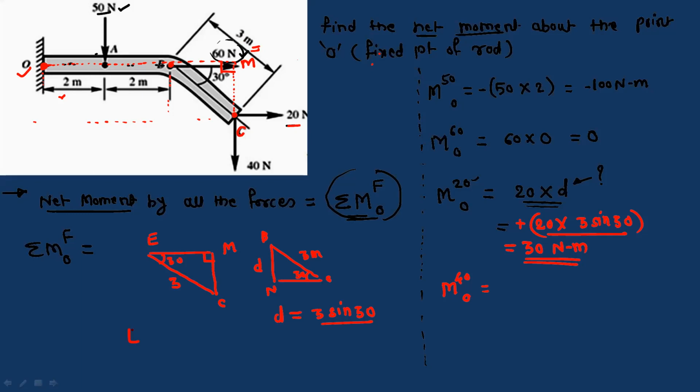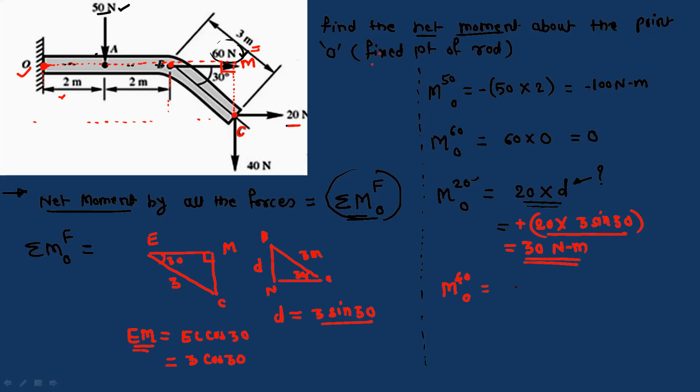So we can write EM is equal to EC cos 30, because the EM side is adjacent to the angle 30 degree. So we can use the cosine. So this is EC cos 30, and EC is given as 3 meter. So this is 3 cos 30. Okay. So this is not the perpendicular distance. It is the distance EM. So the total distance is OM, that is 4 plus 3 cos 30.